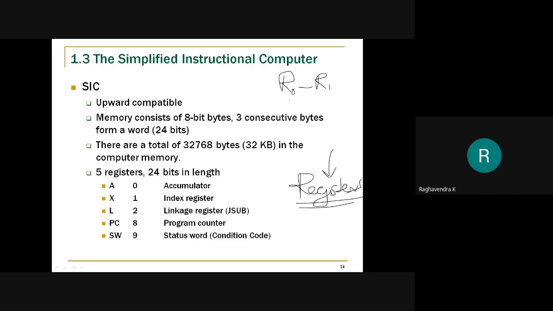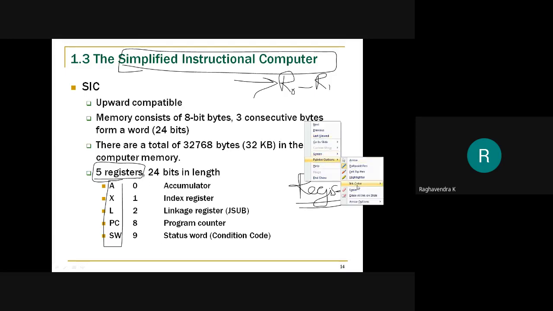We have different types of registers, and all of them are required for temporary storage in the processor and to perform operations. We also need to understand what type of registers are present in SIC. There are 5 registers: A, X, L, PC, SW.